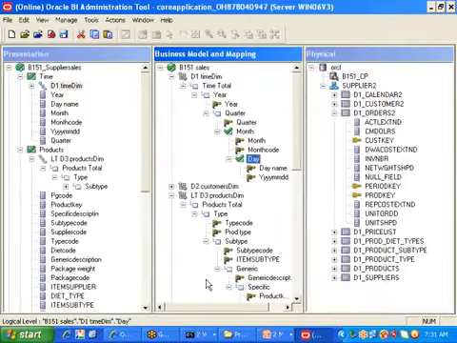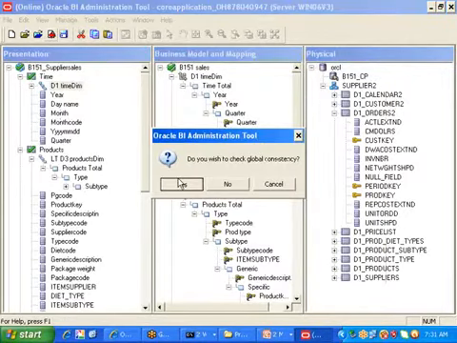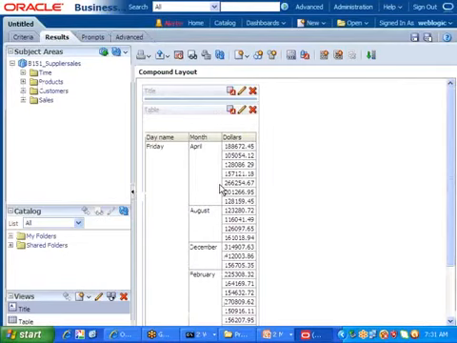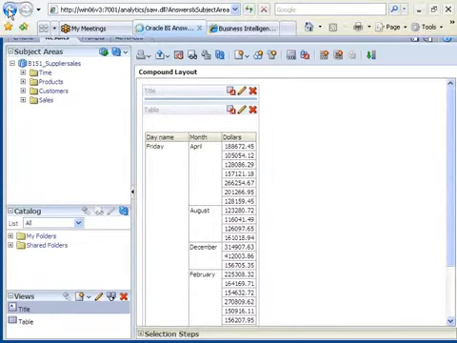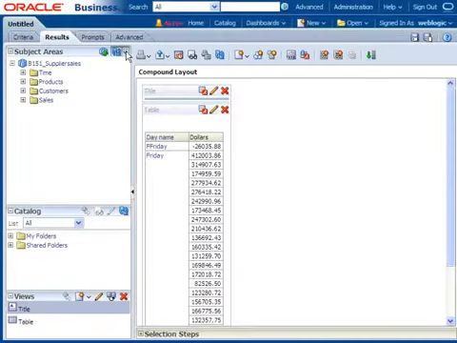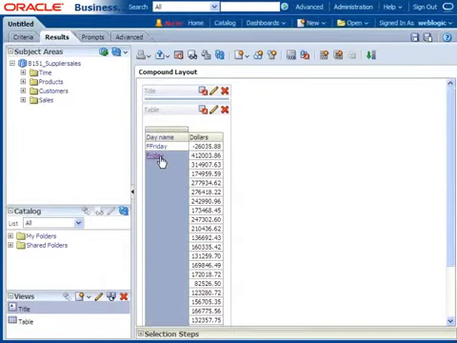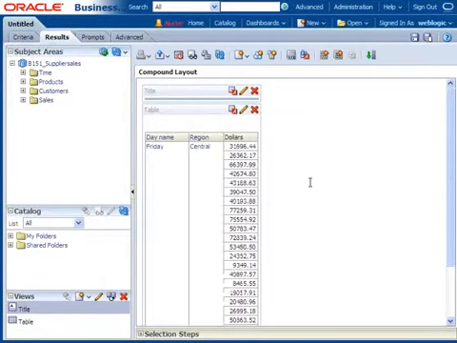Now I am clicking on OK. Then I am going for check in changes. Click yes. Once it is done, go to the front end, reload server metadata. I am reloading server metadata. Then I am going for refresh, retrieving data. Once it is done, I am clicking on Friday. Then it should give region. So it is giving region, which means I am moving from day level to customer region level. That means I am moving from one hierarchy to another hierarchy, so it is called drill across.